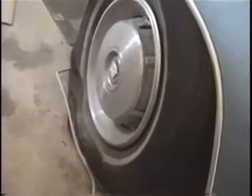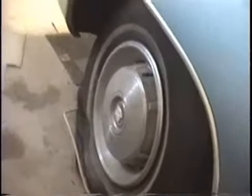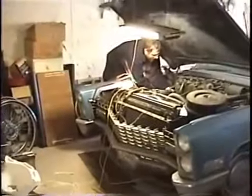And there's another flat and cracked. That's a bias ply too. This thing's still got the bias ply tires on it. You can't find those if you want them. You don't want to find them. No, the guys like putting the bias plies on their...